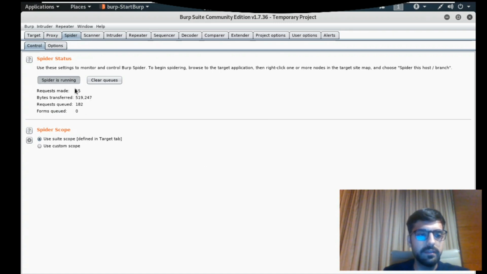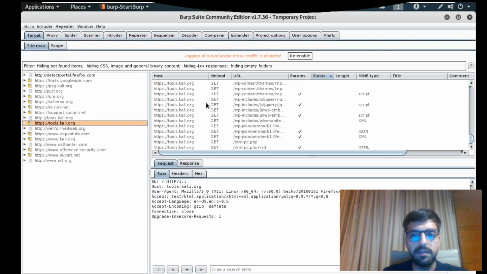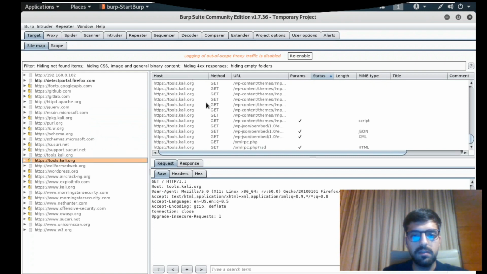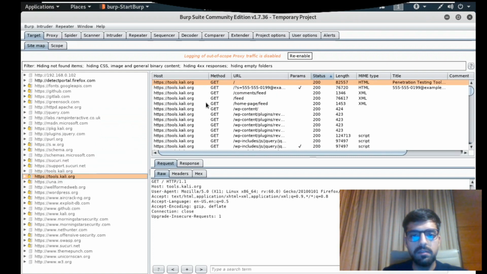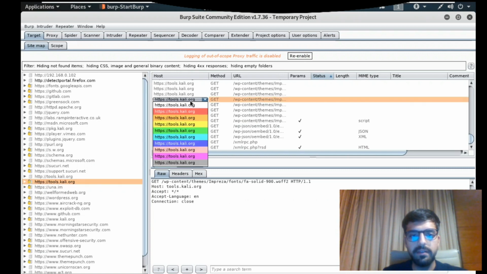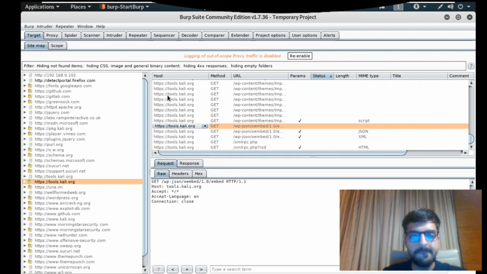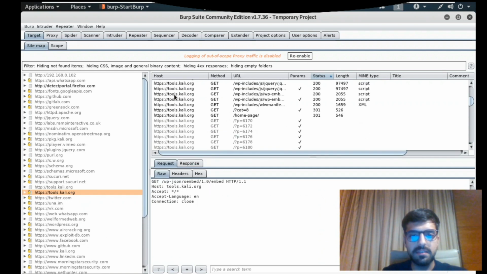In the spider tab you can see it is running, and in the target you can see there are multiple web pages you can get here, and the HTTP requests.